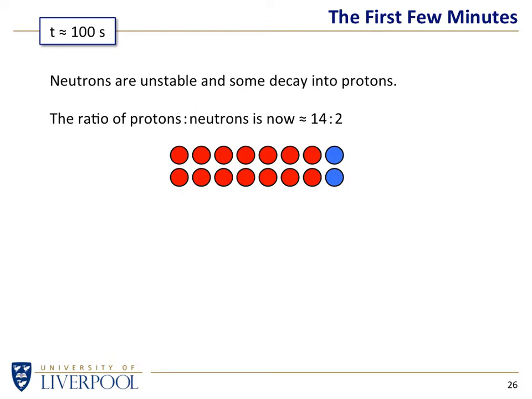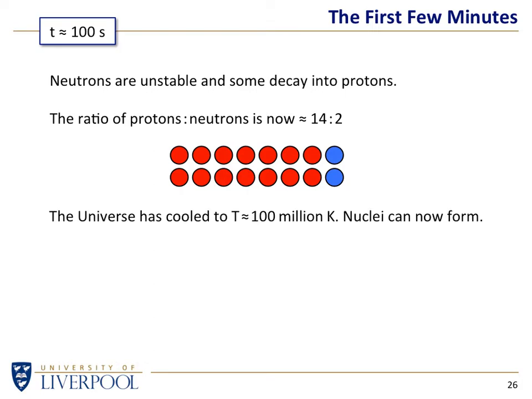In this particular case, 2 blues have changed into a red because if we wait a few minutes, neutrons will change into protons if we give them enough energy. But after a while, they can no longer do that. In other words, once the universe has cooled down a little bit more, they are no longer able to do that. Now the universe is only 100 million Kelvin.